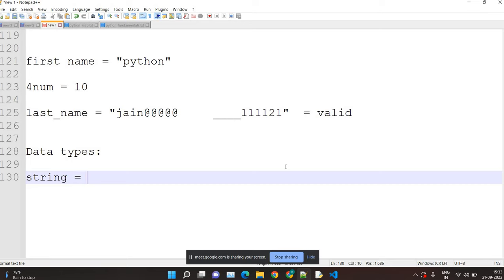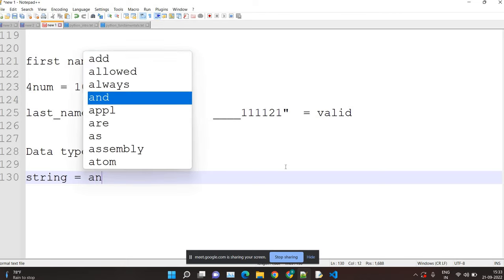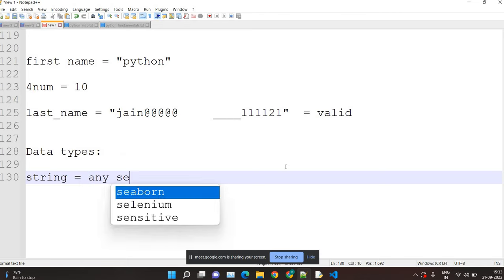Strings, ma'am, where we can assign anything like a name and some values which are not integers. What are strings? Like an integer, float, that sort of thing? No. Any set of characters, any statement